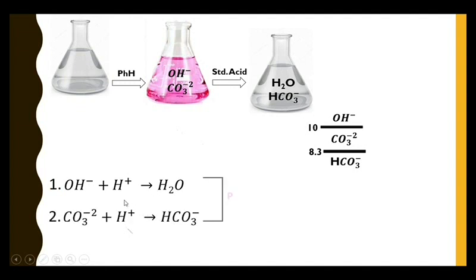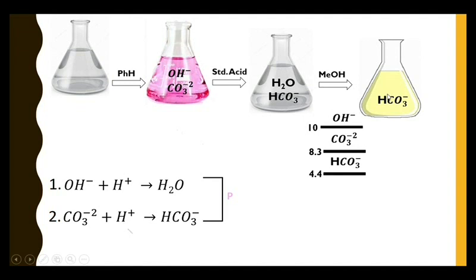It means the complete neutralization of hydroxide to water and half neutralization of carbonate, that is carbonate to bicarbonate. But now the solution will have bicarbonate. The complete neutralization of alkaline substances is not yet done. Therefore, we need to add methyl orange to this. Then it turns to yellow color. The reason is, as HCO3⁻ is present, its pH is more than 7 as it is a base. But methyl orange indicator shows yellow color in solution whose pH is more than 4.4.